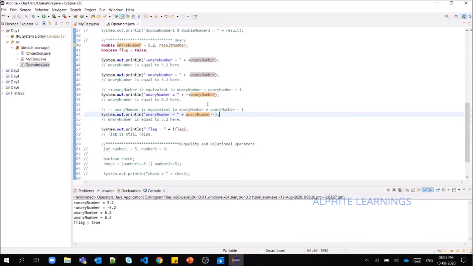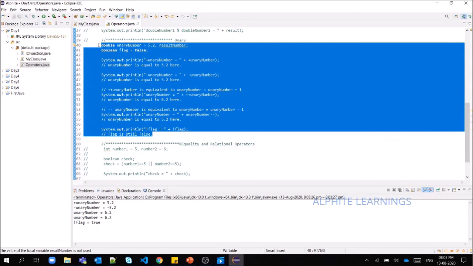If you have guessed it is 6.2, yes, right. If you have guessed 5.2, sorry. So it is nothing but the placement of the unary operator in front of or behind the variable that changes the operation it performs. Okay, hope it is clear.